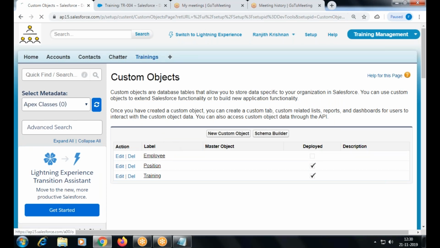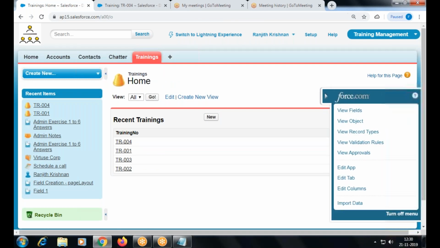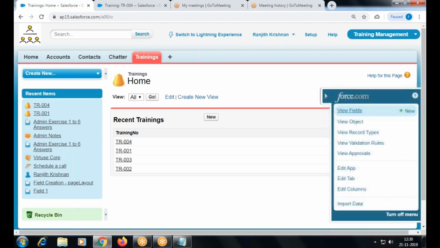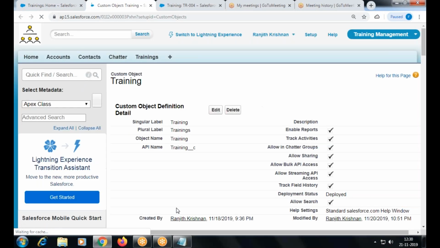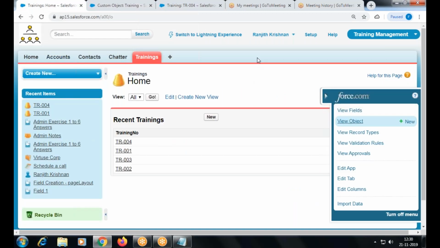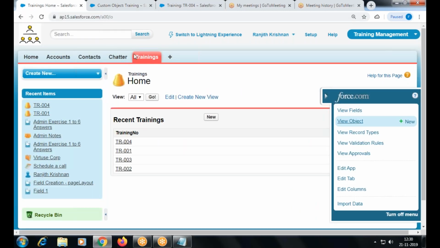I am in the tab. I see on the right side there is a quick menu. What is that called? Quick menu. From here, I select object. It directly goes there. People got this? So you need not go to Setup, Create every time, but that option you should know. As a beginner, we should know that option. But going forward, you can also go from here.